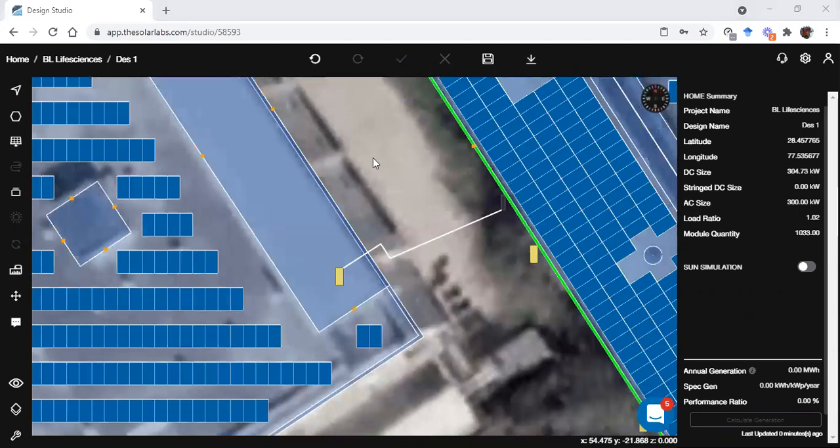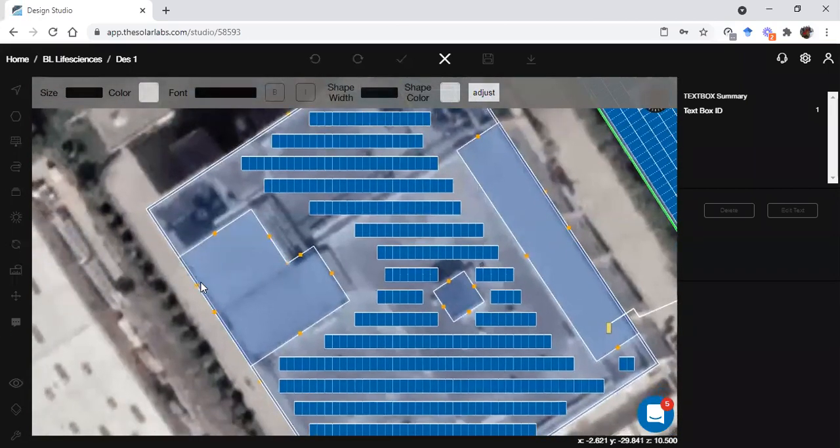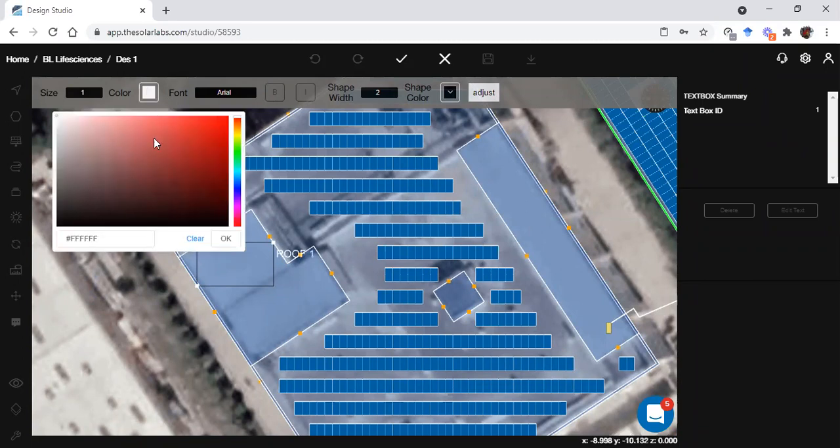Can we write any note on the design screen? Yes, sure, we have that feature also. Here you can see there is this text box. Let's say I want to name this roof as roof 1. I can create a text box here, then I can write roof 1. Then we have the color option here.